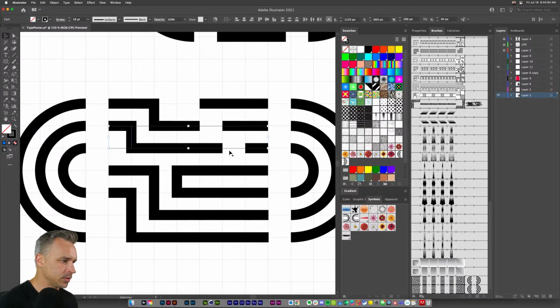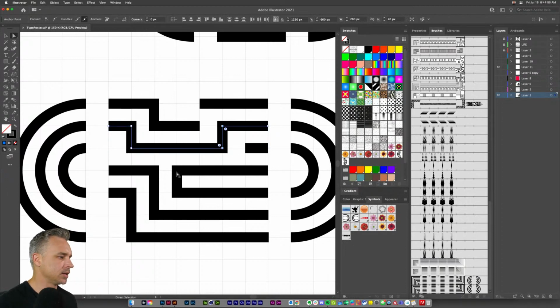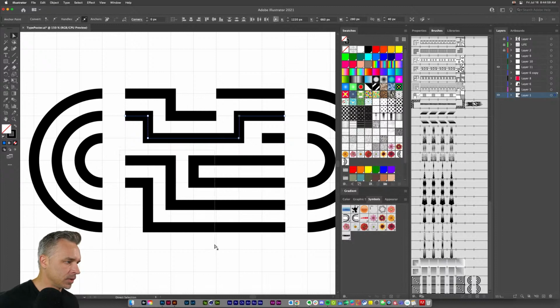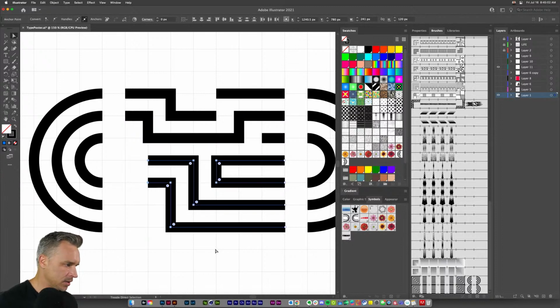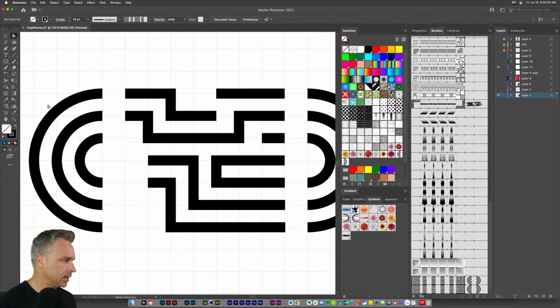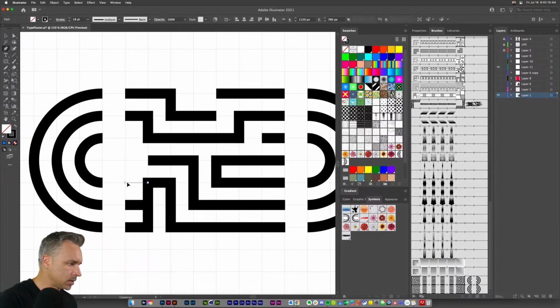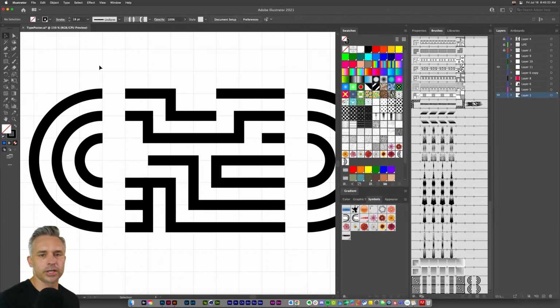Let's connect these two, right? These two ends. Command J. There we go. That's looking pretty good. I'm going to move this in. Again, just getting rid of some of the complexity in here is going to help me. There we go. Okay, I probably should have consulted what a maze looks like, but I think this is roughly